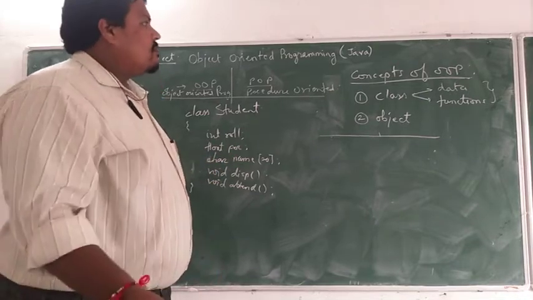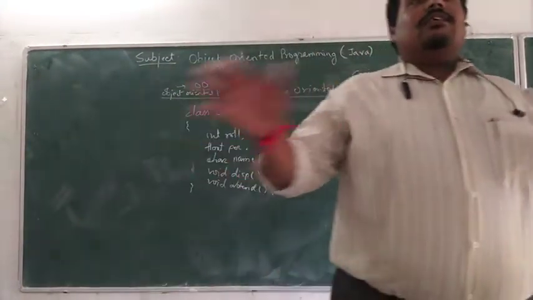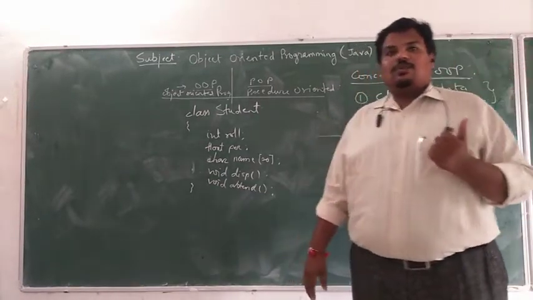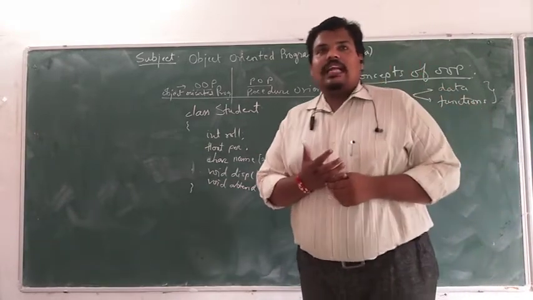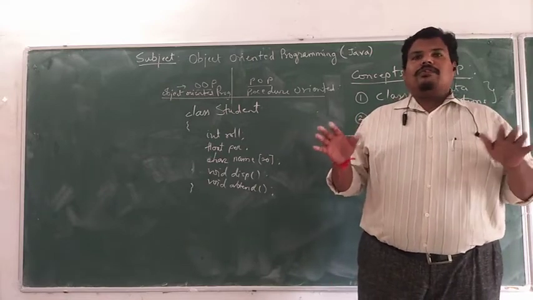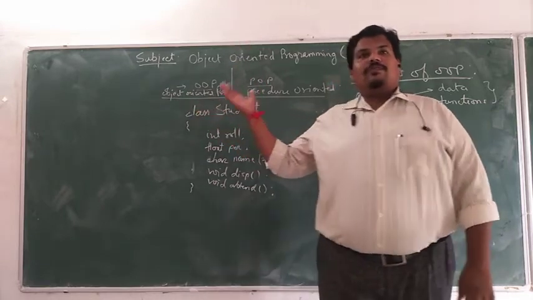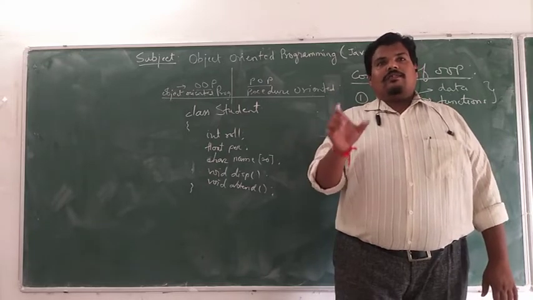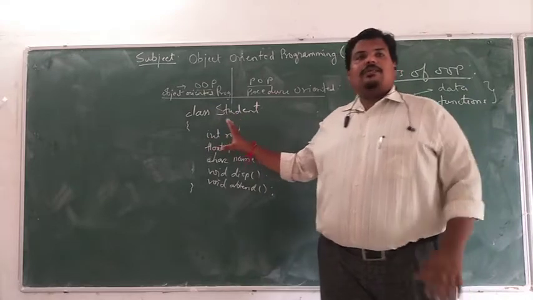So we can relate this class to a class of students sitting in a classroom. If this is a class of second year, the whole class may include 20, 25, 30, 50 students. While referencing it from the outside world, we can reference this class as the second year class. Clear? But what is an object? The concept of class is very similar to this.